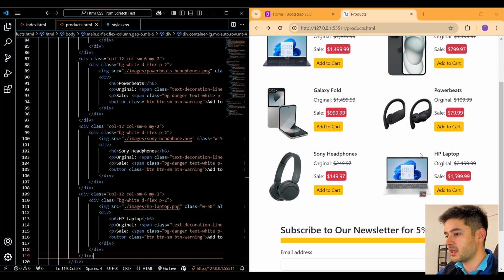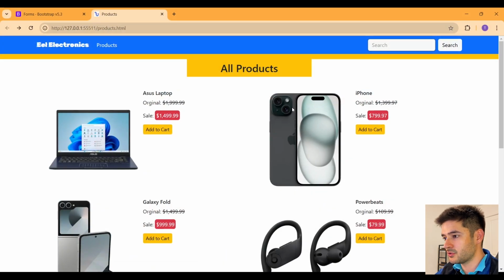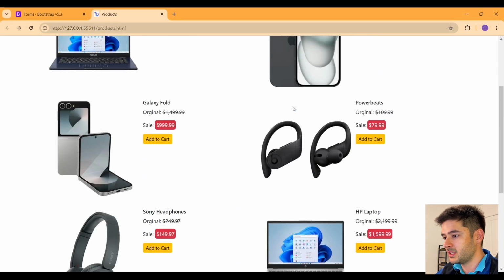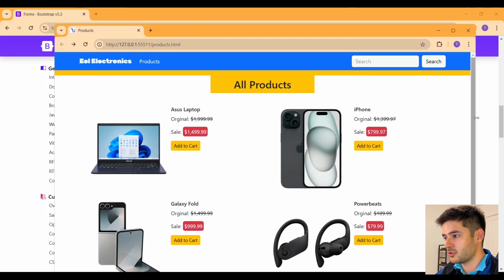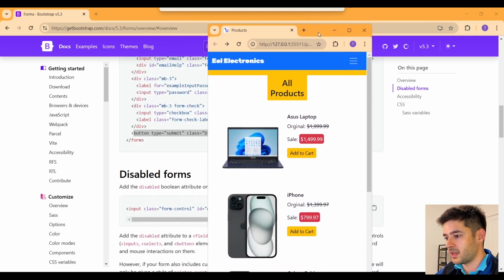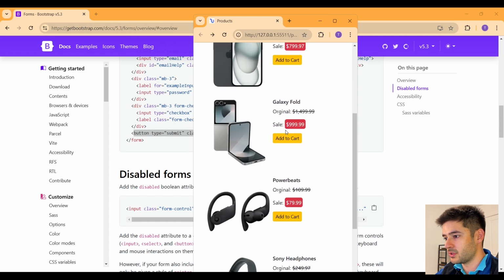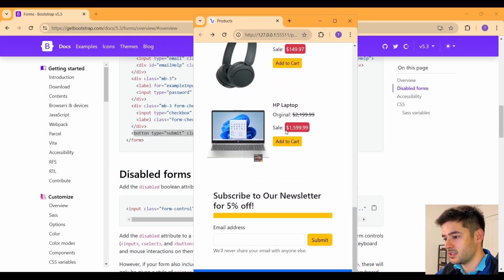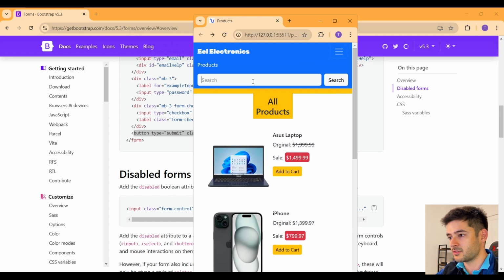So for this website, I only have 6 products so far, but you guys can take this as far as you want. So if we make this full screen, you guys are going to see that it's all completely responsive as far as our products go. And if we shrink this down a little bit, you guys are going to notice that everything is completely responsive, nice and beautifully for mobile devices. So we can scroll through all of this and still see all of our products and information on our website and successfully use